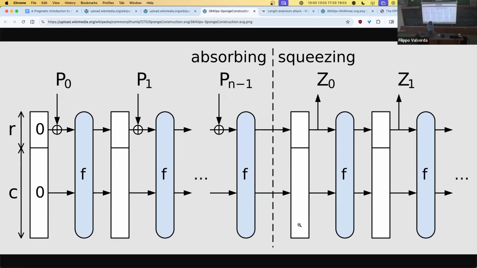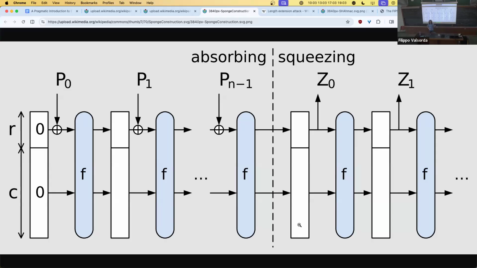So is the length, like R plus C, is it fixed? Yes, it's the length of your permutation function. You have one fixed permutation function. Correct.